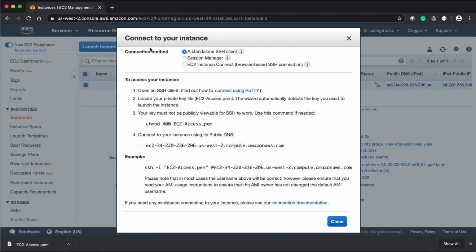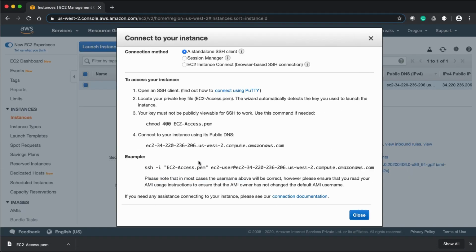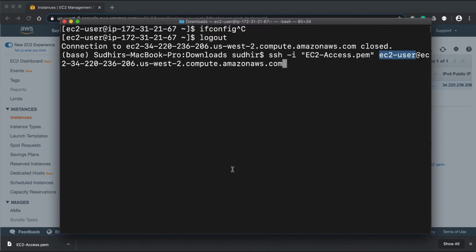But if you click on connect, you will get this command from here, which will precisely tell you which user you have for that instance. Now @ and the instance name, which is the DNS name of this instance. This is how this command is. If we rerun it, we'll be directly logged onto the machine.